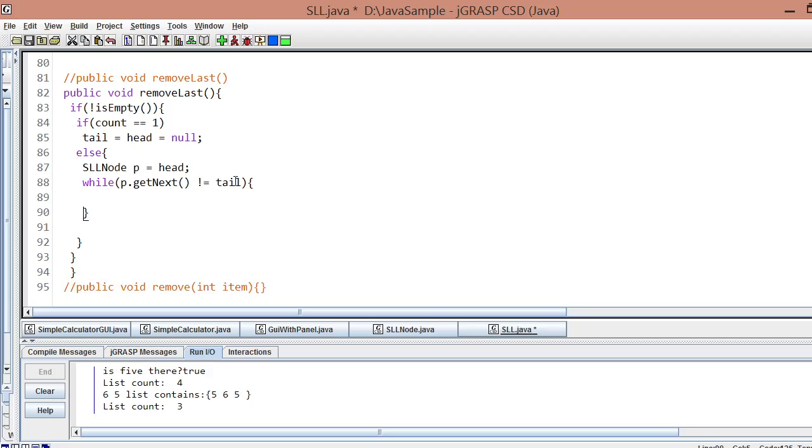While it's not equal to the tail, then you have to move your p. Just keep it moving. Once it is before the tail, you stop.